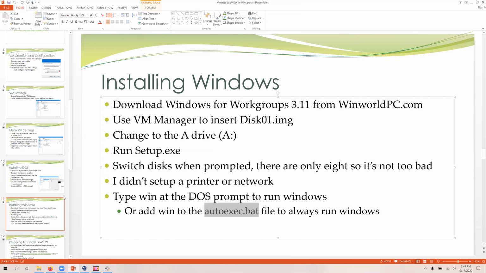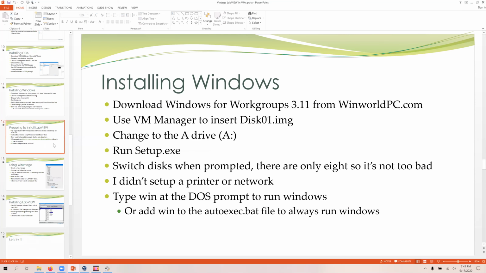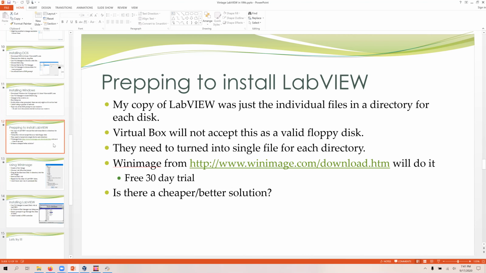Then comes the really painful part, which is installing LabVIEW. Ed gave me the contents; he had obviously just taken the disks and used an actual floppy drive to copy all the contents of those disks into individual directories. But VirtualBox won't let you do that. It won't let you access the file system directly. So you need to turn them into something that VirtualBox will accept as a floppy drive,